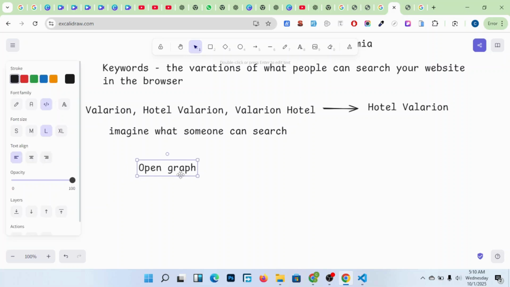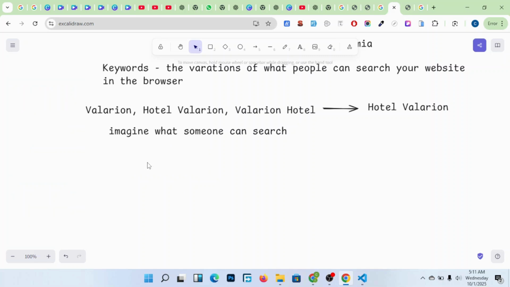Open graph can help someone, for example, on Twitter, when they're sharing your website on Twitter, WhatsApp, or TikTok. On all those social media platforms, your open graph can show something like this. But at the moment, I can ignore this.